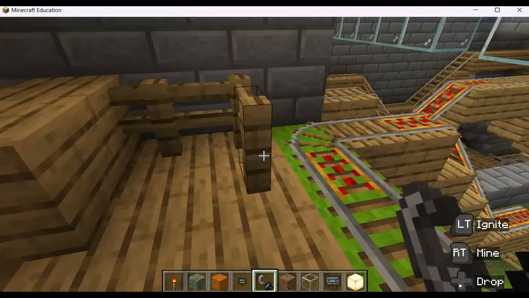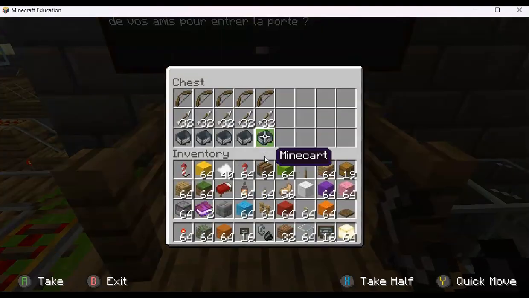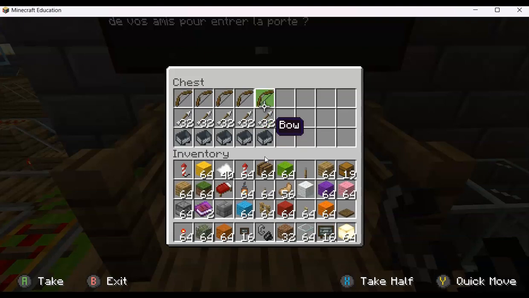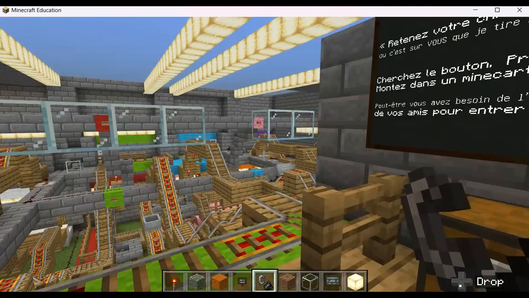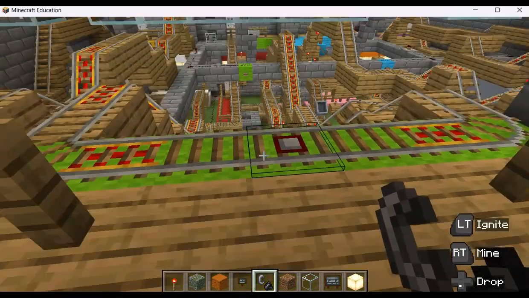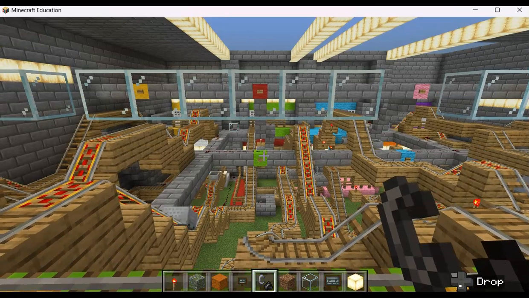So anyway, right here, I still have the minecarts going because I was practicing. I was checking them out. They're going to grab a minecart. They're going to grab some arrows and a bow. Okay, and I have the instructions here. They have to, this one is the green room, right? We chose green. The green has to shoot that,